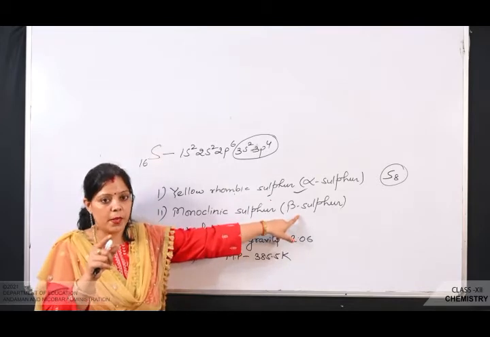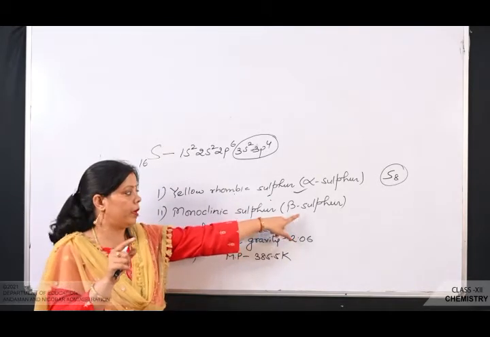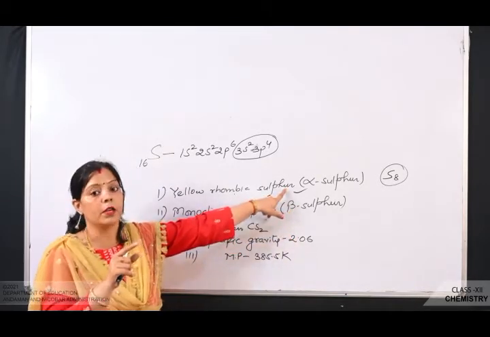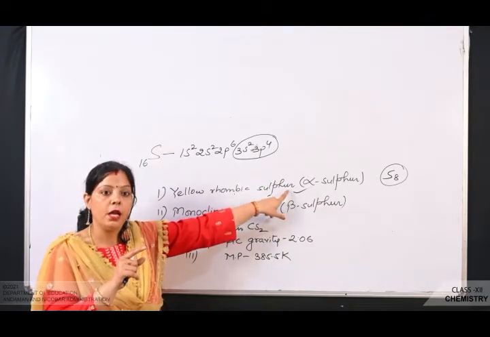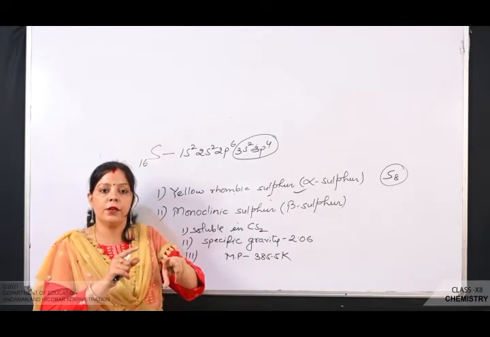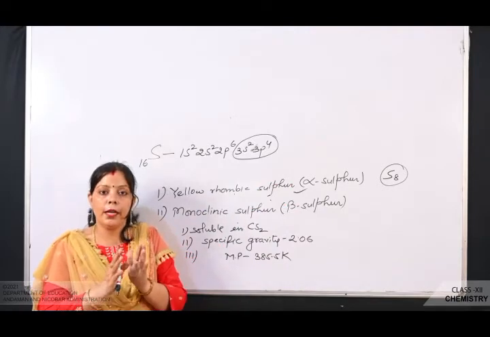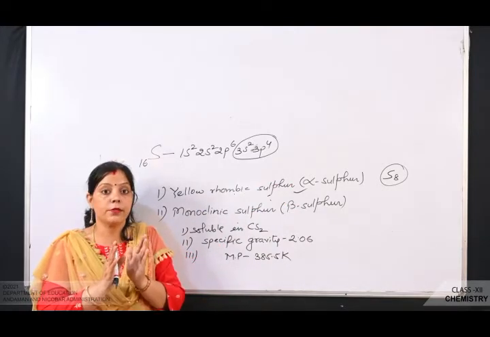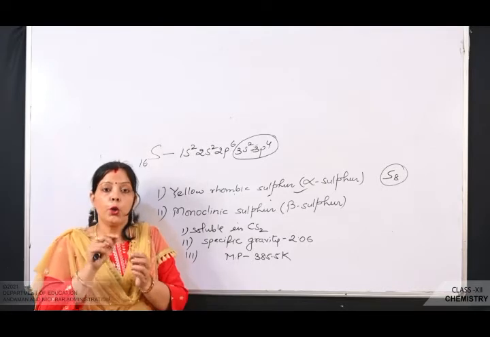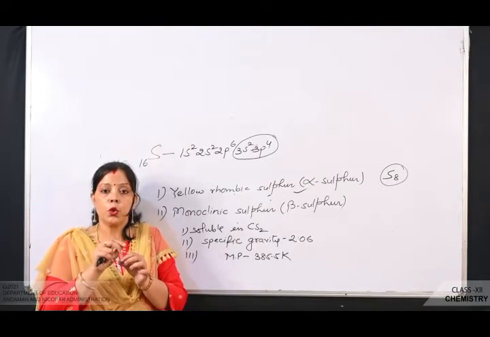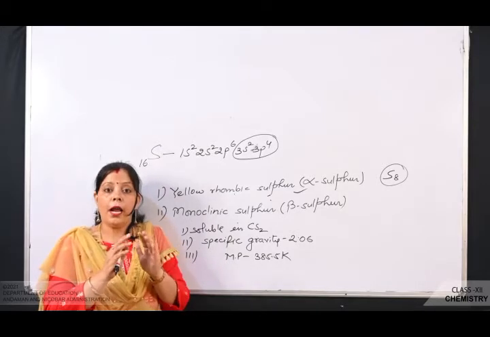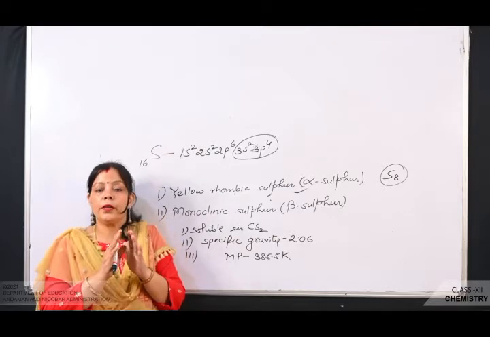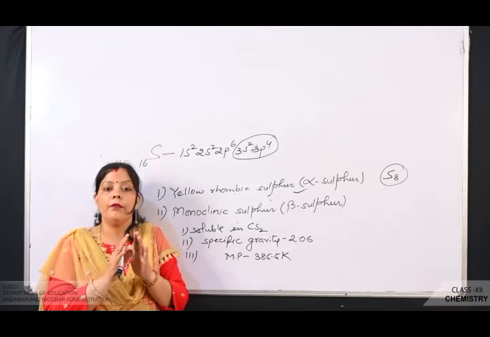Again, I would like to explain this to the children. How can we prepare beta sulfur from alpha sulfur? Usually beta sulfur is prepared by melting the rhombic sulfur in a dish and cooling it till a crust is formed. Two holes are made in the crust so that the remaining liquid may be poured out. After removing the liquid, we remove the crust and colorless needle-shaped crystals of beta sulfur are formed.